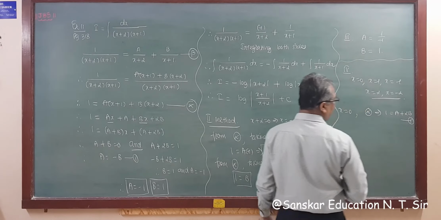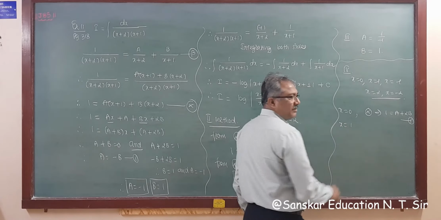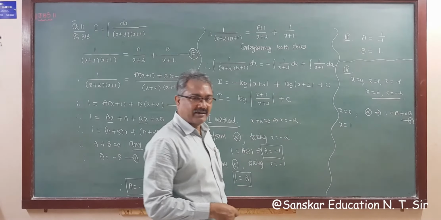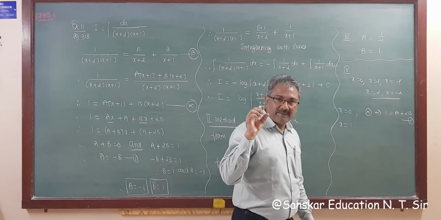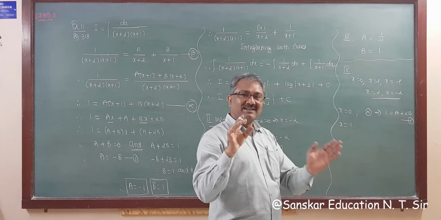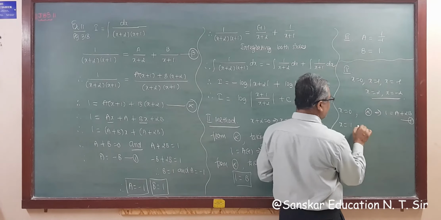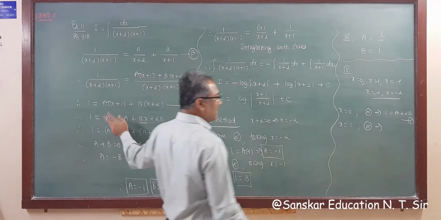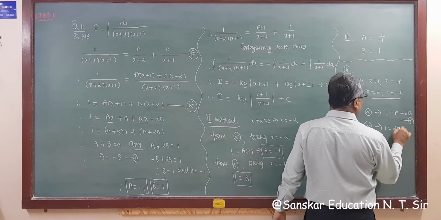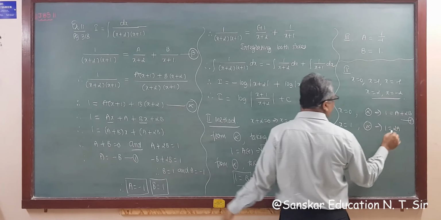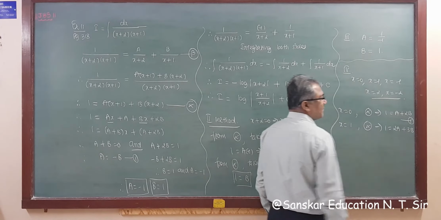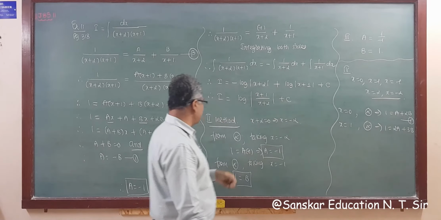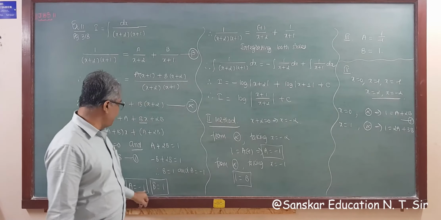This is one equation. Now I am taking x equal to 1, because we already took minus 1 there, so I am going for another factor. You can take any value. If we take x equal to 1, then 1 plus 1 is 2, so 1 is equal to twice a plus 3b. Now solving these two equations, we get a equal to minus 1 and b equal to 1.